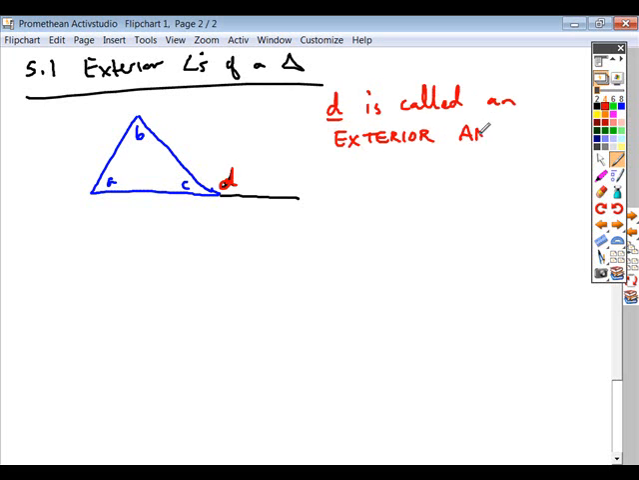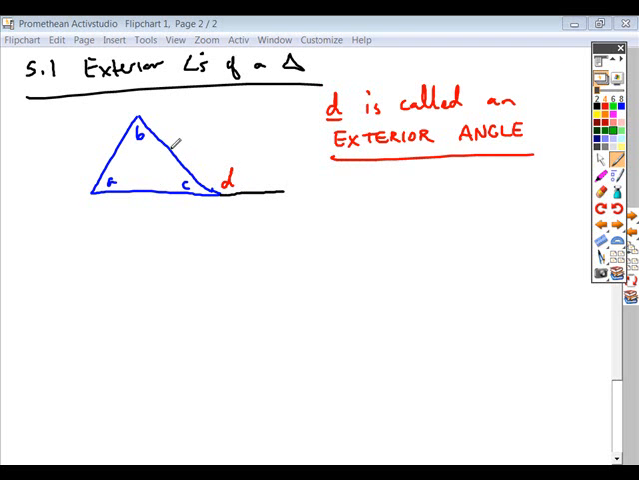Now, it's not an alternate exterior angle. It's just called an exterior angle. And let me extend this out. Okay, so D here is an exterior angle. With respect to this exterior angle, the